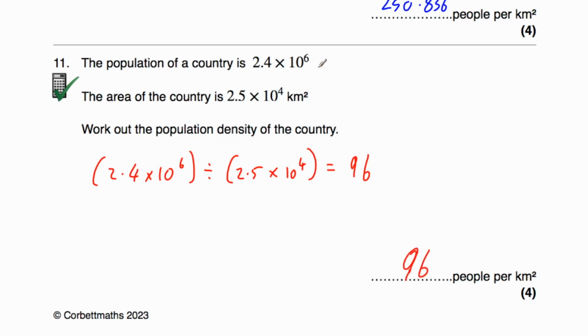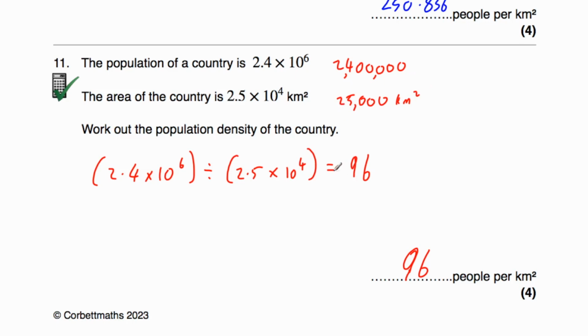Another approach would be to write the numbers out in full and then do the division, but I would be tempted to use the first approach in case I make a mistake writing them out in full. If I was to write the population out in full, it would be 2, 4 and then 5 zeros, 1, 2, 3, 4, 5. So the population of the country is 2.4 million. The area of the country is 2, 5 and then 3 zeros, 1, 2, 3. So the area of the country is 25,000 square kilometres, and you could do 2.4 million divided by 25,000,